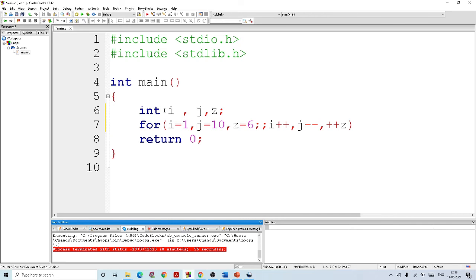Okay, suppose if I want i to be less than 10 and I want j to be greater than 1, I cannot give both of these conditions separated by a comma. I can only use logical and or logical or. If I want both of these conditions to be true, I can give logical and. Okay, but I cannot give both the conditions separated by a comma. Okay, that is how this will work.